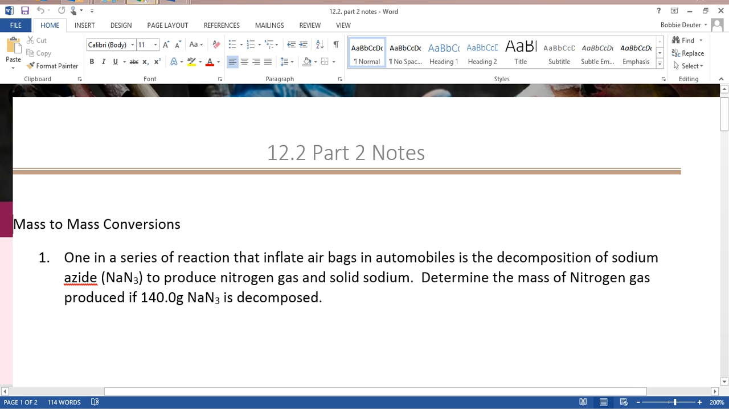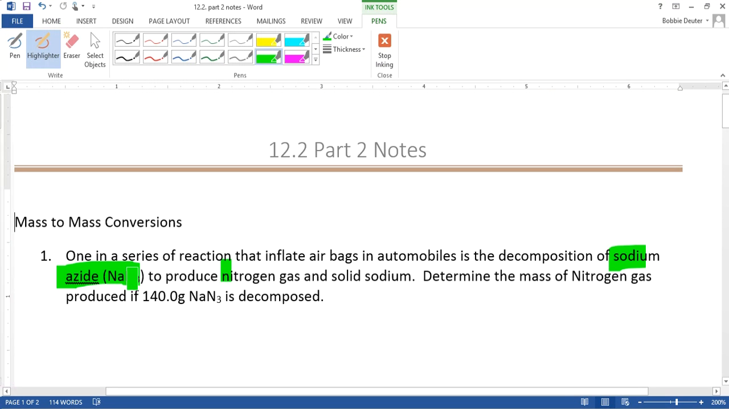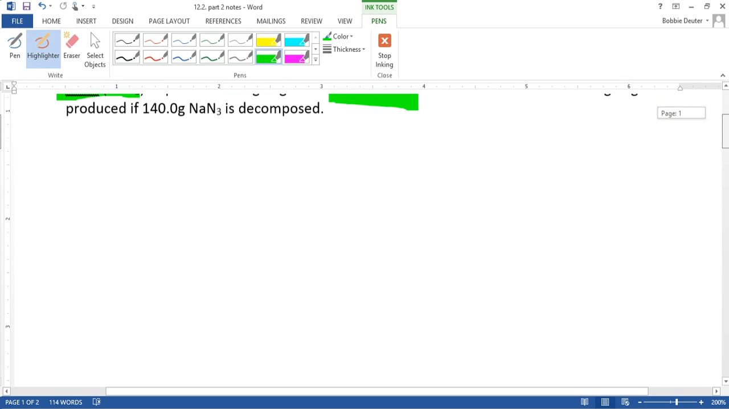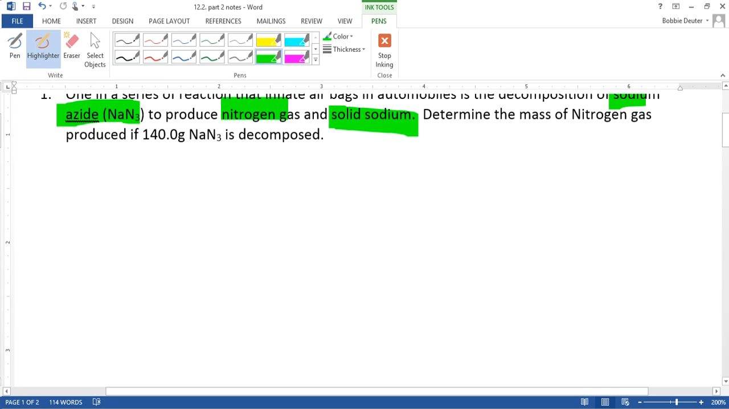All right, so we're going to go over the next step, which is a mass to mass conversion. And so we just add one more part when we do this. So let's look at our chemical equation so we can balance one. Okay, so we have a series of reactions that inflates airbags in automobiles. It has a decomposition of sodium azide, or NaN3, to produce nitrogen gas and solid sodium. So we need to determine the mass of nitrogen gas that is produced when you see 140 grams of NaN3